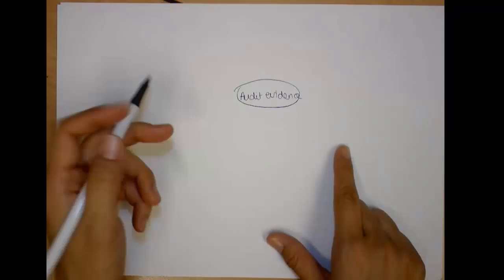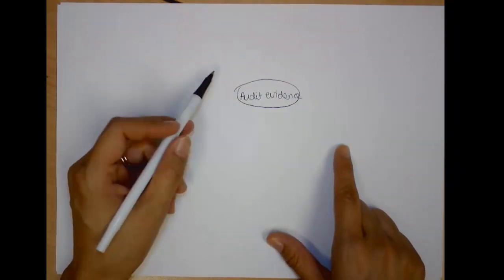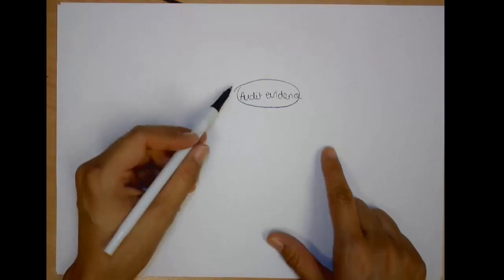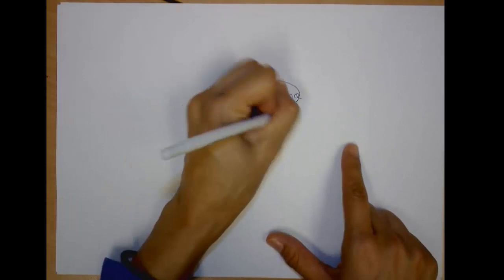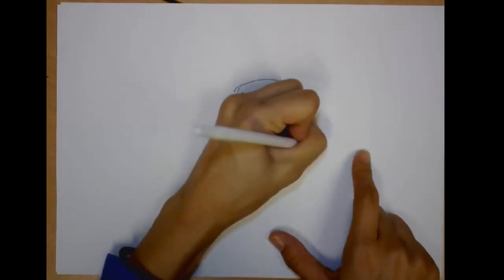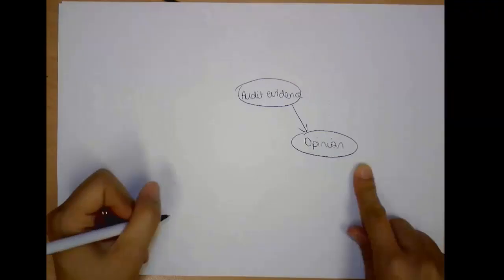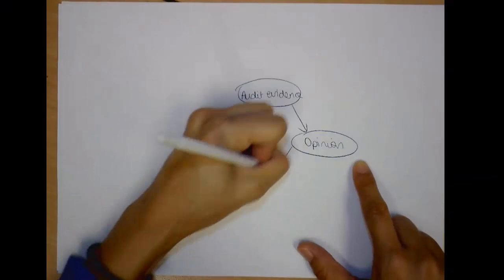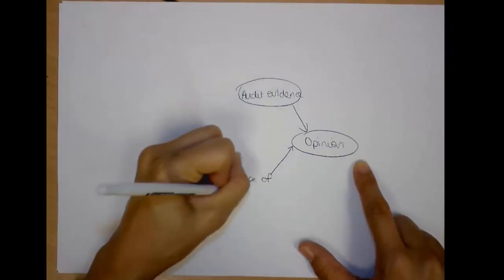All right. So I'm just going to talk aloud and I'm going to talk through my thought processes on how I can link audit evidence to our other topics. Okay, so here we go. Audit evidence. I need audit evidence to be able to generate my opinion. And I know that my opinion, depending on the type of assurance I'm going to give, and depending on the type of engagement,